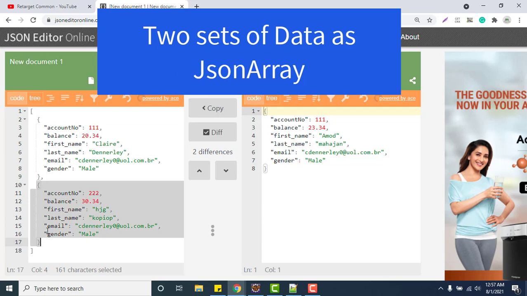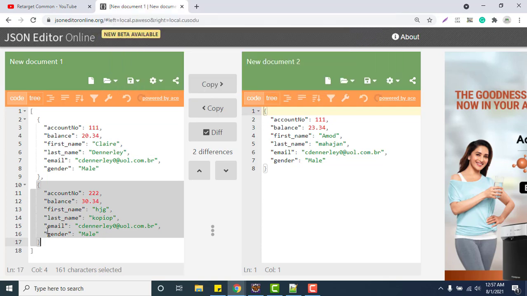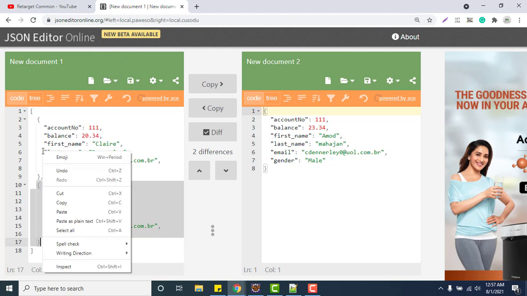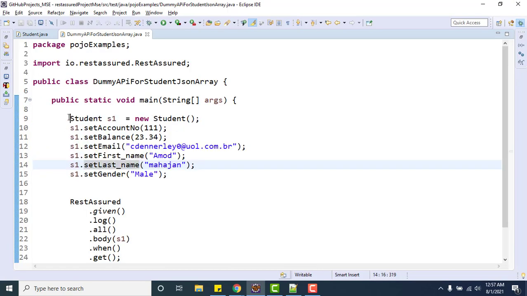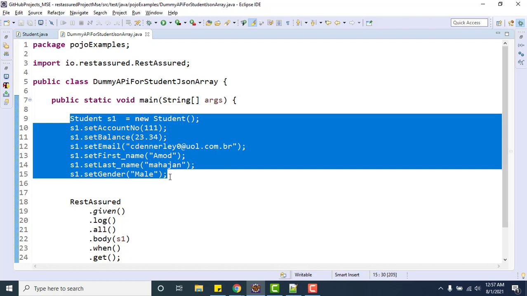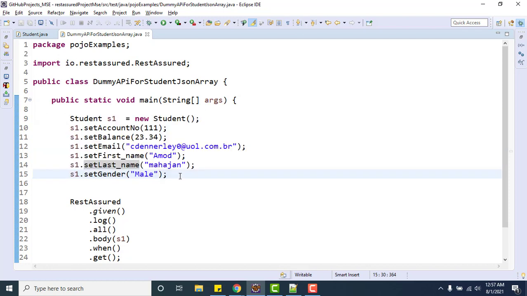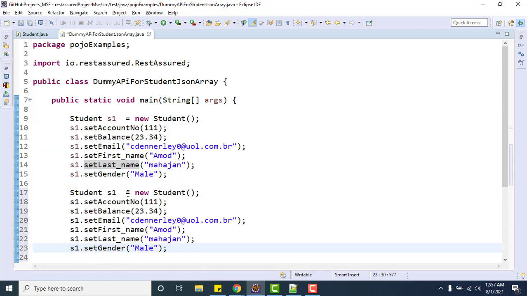For this there is no need to create any extra new class, because both JSON objects can be represented by the same class. So simply I need to create another object of the student class.